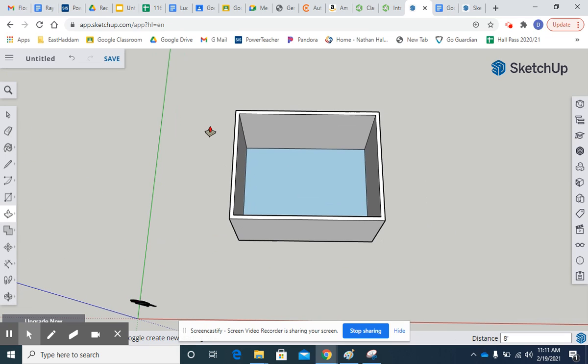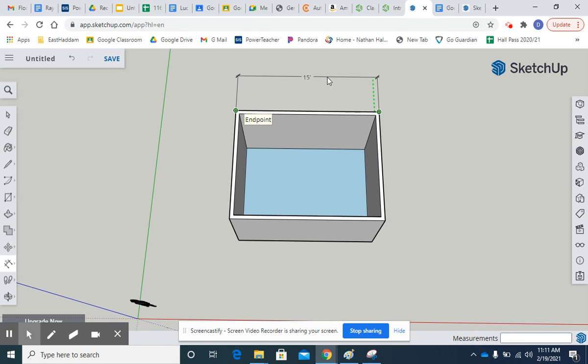The last thing you have to do on this assignment is to dimension it so I can see it's the right size, and then we're going to paste a screenshot into the assignment. So I'm going to go over here again to the dimension tool. You may have the tape measure showing. You want to click on dimensions. There are 5 dimensions you need to include here. So